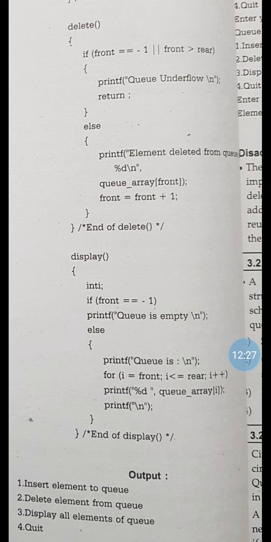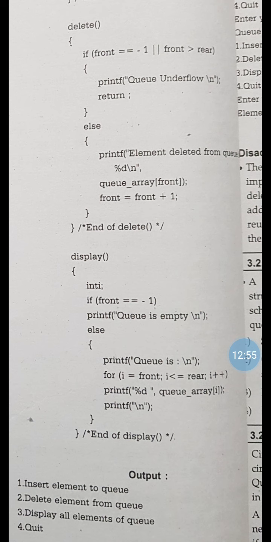Here the for loop will start from i equal to front, i less than or equal to rear, i plus plus, meaning it will start from front and go up to the rear pointer, every location will be captured and we display the element at that location, and at the end we print the elements. That is the end of display.